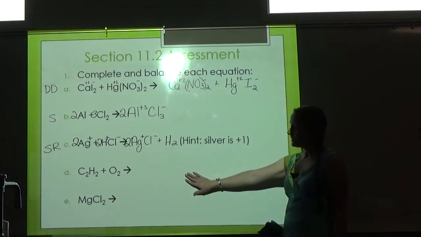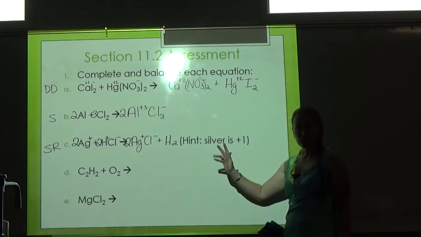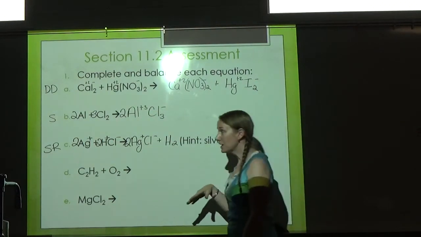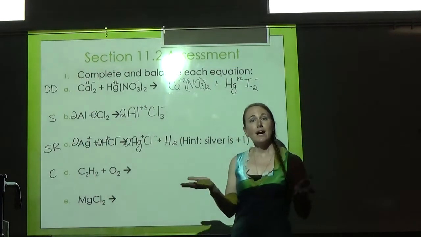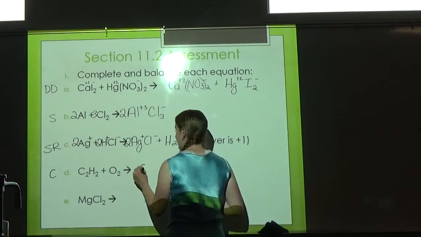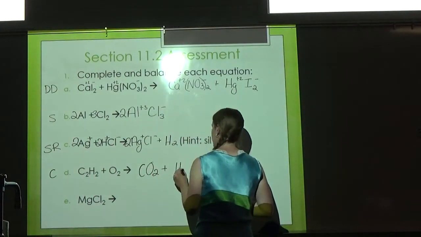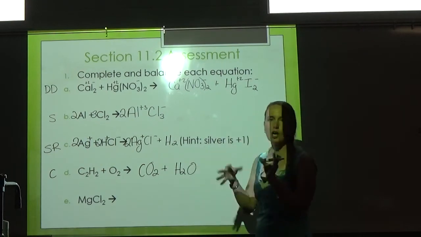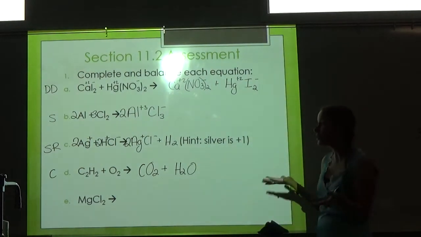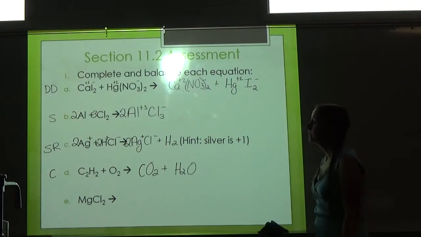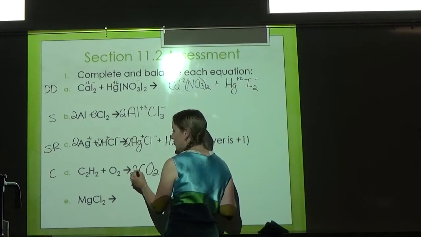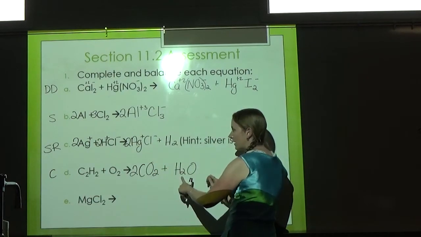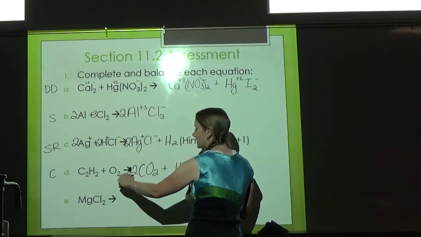All right, so our next one, I see a bunch of C's, H's, and O's. I see it's a hydrocarbon reacting with oxygen, so that makes me think combustion. So I know in a hydrocarbon combustion reaction, I'm going to form CO2 and H2O. So see, there's no crossing of charges and forming products in combustion. You just have to remember it's a thing. So now I need to balance. So I have 2 C's and 1 C, so I put a 2. I have 2 hydrogens, 2 hydrogens. I have 2 oxygens, and I have